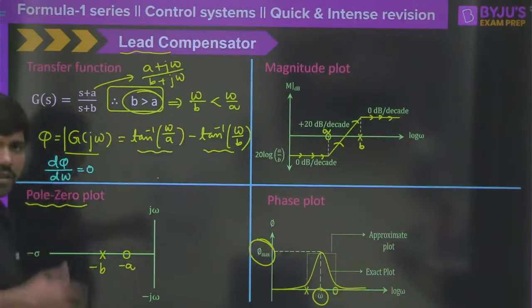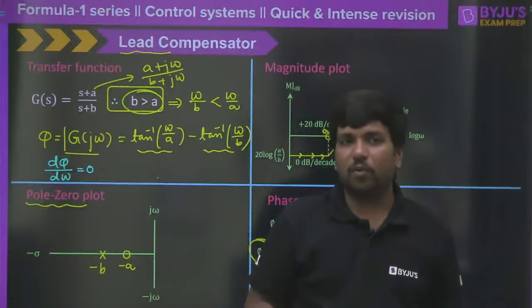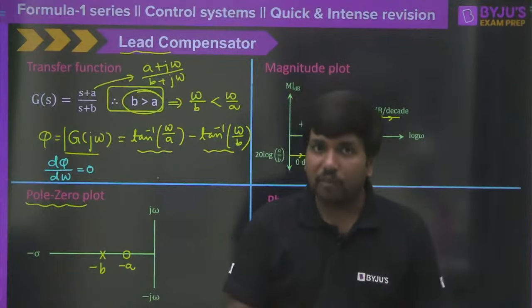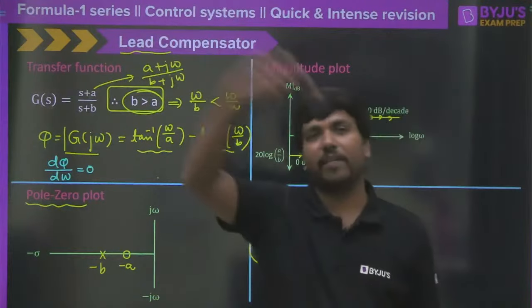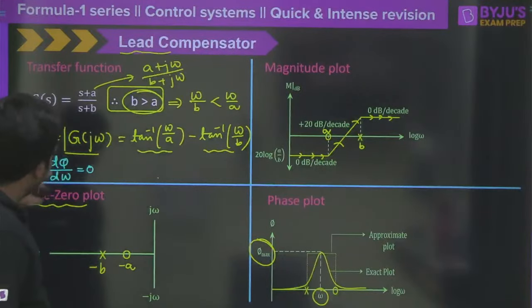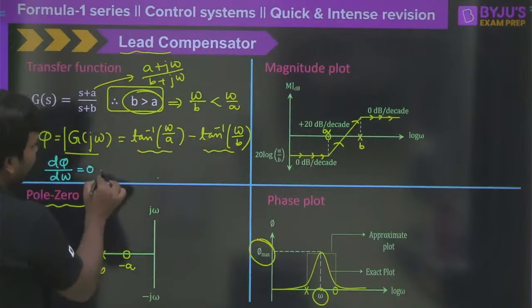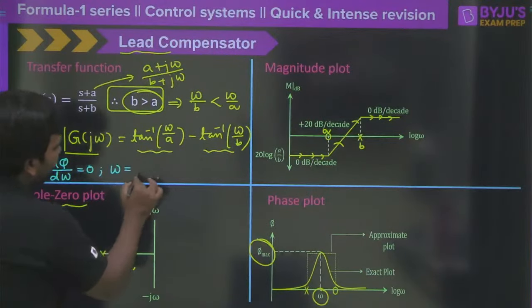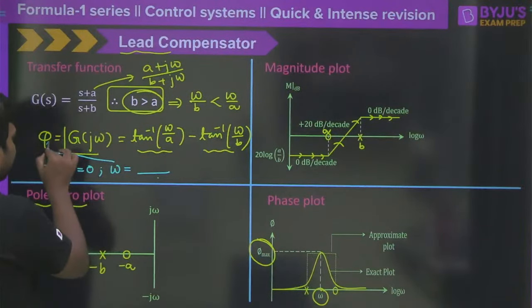It is natural that if you want to get the maximum or minimum value, we do the differentiation and find the value of x where the maximum or minimum can be attained, and replace that value of x in the function. Similarly, differentiate this and equate it to 0, then you will get the value of omega where you will get the maximum phase. Take the value of omega and substitute in the phase function here,